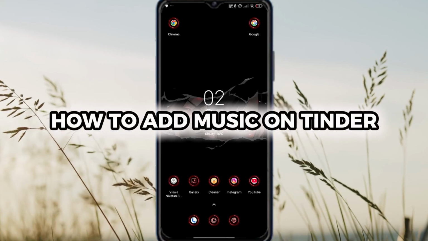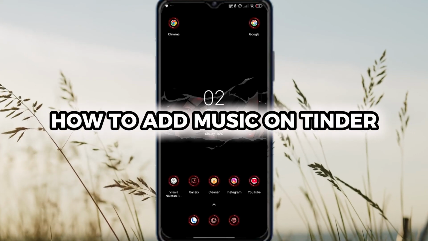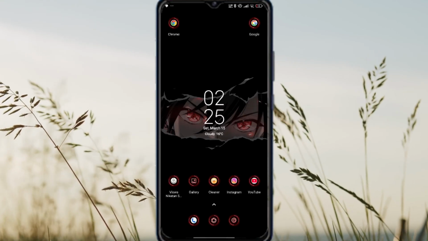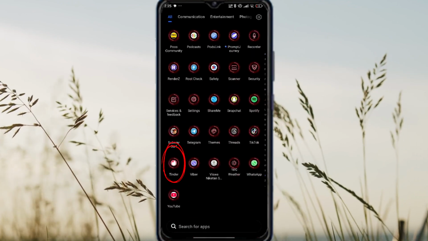Want to show off your music taste on Tinder? Here's how to add music to your profile. First, open the Tinder app